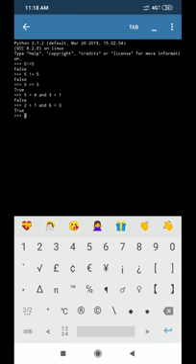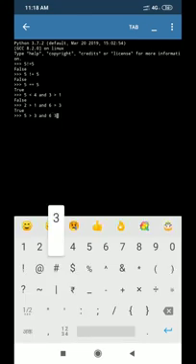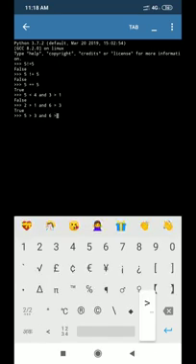So the overall result is true. Okay. More examples like this. 5 is greater than 3 and 6 is greater than 3.